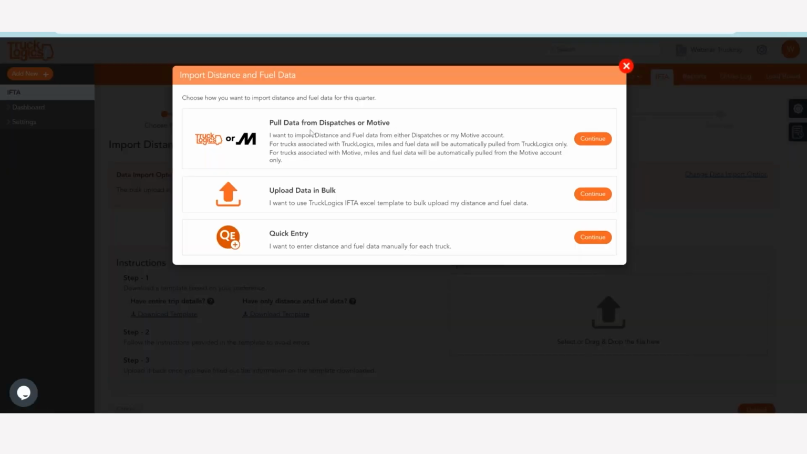And if you haven't started before, you'll be met with this screen first. This will be your import options for how you want to pull your data. We'll have dispatches or Motive, which is only available in the truck management software version of TruckLogics. So as long as you're doing dispatches, loads, things like that, you will be able to pull your information from your dispatches, trip sheets, or through Motive. But the quick entry will be the manual, and then the one we're going to be focusing on today is uploading data in bulk. So when you're presented with this screen, you'll click Continue here,